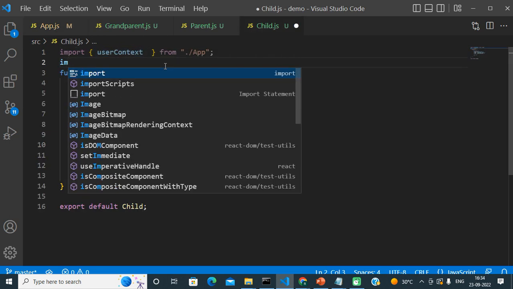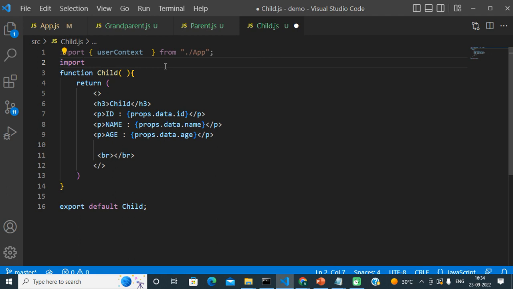Okay, after that we need to import our actual useContext hook, useContext. This is our standard useContext hook actually.